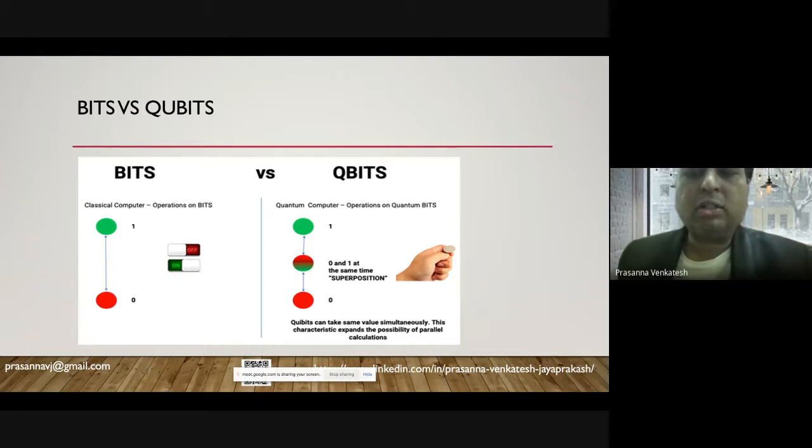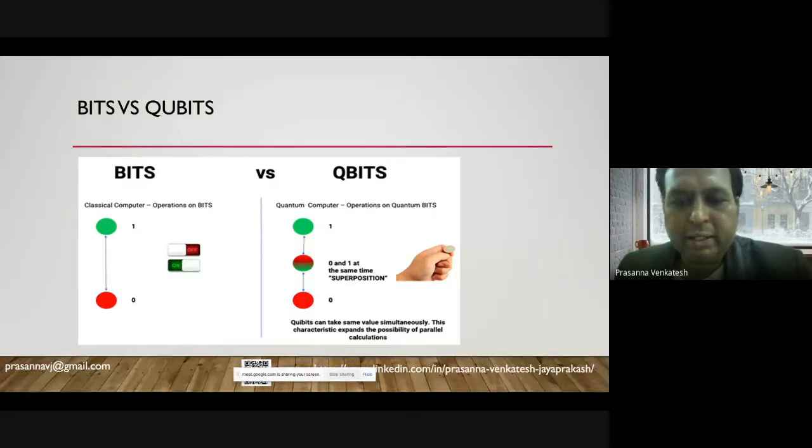Because the coin is in the tossed state, the qubit will be considered as being in a superposition state. What is the superposition state? The superposition state means the qubit can simultaneously have both the values, zeros and ones. That is the interesting characteristic of qubits.